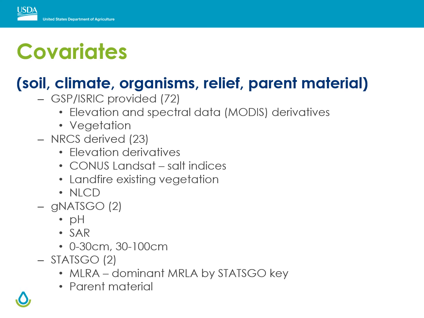The next piece of the puzzle is having a variety of geospatial data sets that are correlated with our point observations with which to develop predictive models. Luckily, the GSP provides a variety of global geospatial data sets at a resolution of 1 kilometer. In addition, we have tested the inclusion of several additional variables, including derivatives from GNATSCO and STATSCO. We were particularly interested in exploring ways we could inform our predictive models with the existing soil information embedded in GNATSCO that isn't already captured by other geospatial datasets.